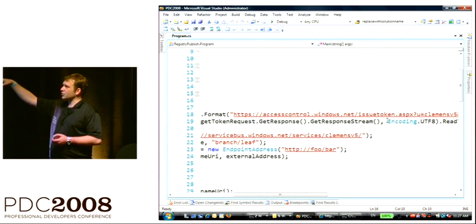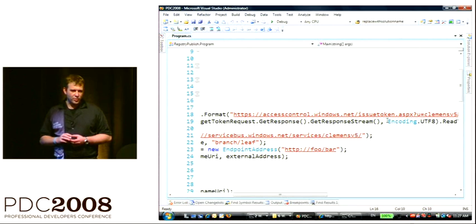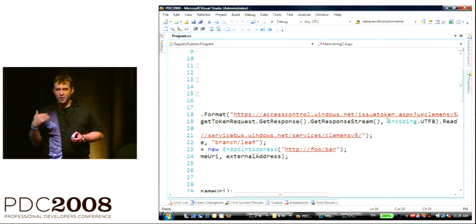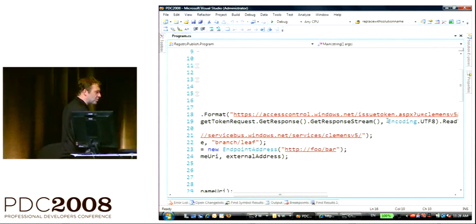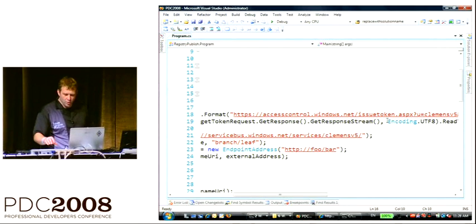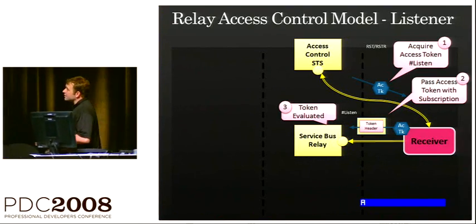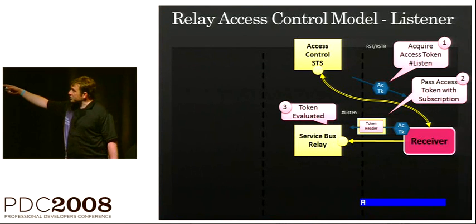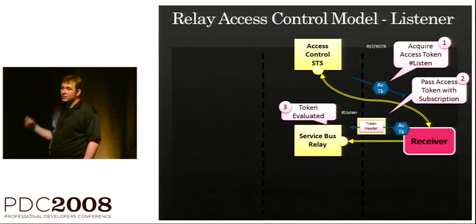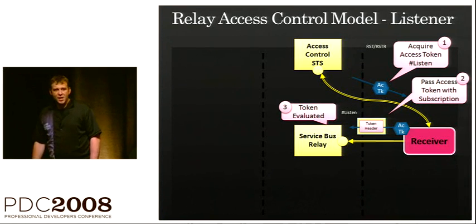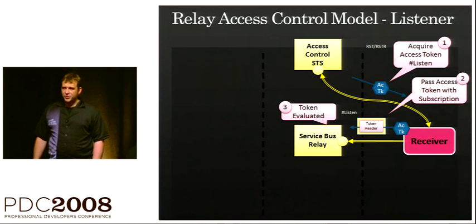In reality, this is the most visible way of showing you this. In reality, what we do with all the other things, and this is what this transport client credentials behavior is for, the thing that I showed you in config, is controlling how our infrastructure, the token providers that are part of the programming infrastructure, go and acquire that token. So the receiver first goes and acquires that access token, and it asks for a particular claim. And the claim is the listen permission on the service bus.